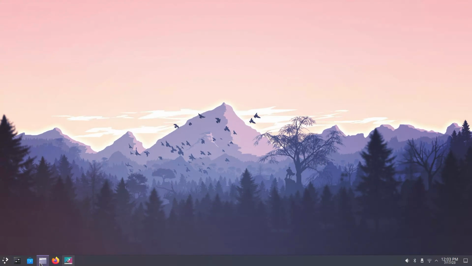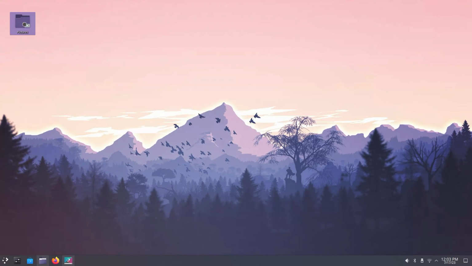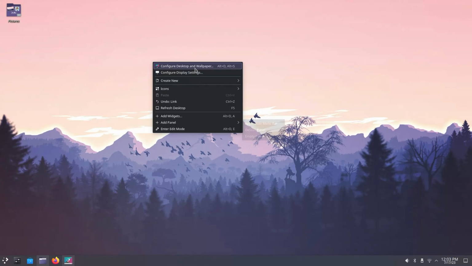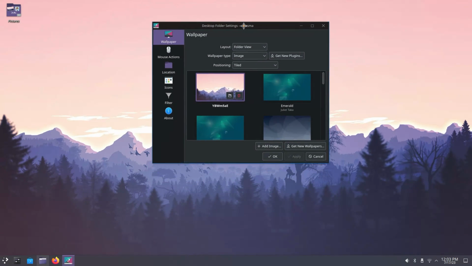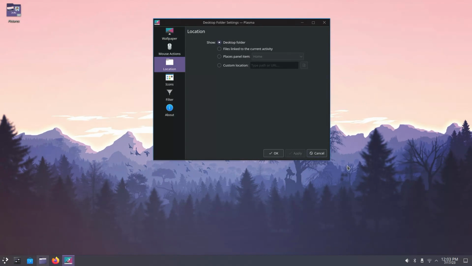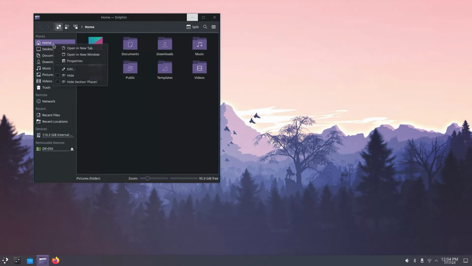So it seems like by default there are no desktop icons. If I drag and drop, I can link it here. Oh, okay, so they are enabled by default, but I like having a home and a trash folder here. Maybe not always a trash folder, I get to that through Dolphin. But this takes us back to the desktop folder settings, and from here, I actually had to double check how I did this on my workstation, and what I've done is I've just created a symlink from home